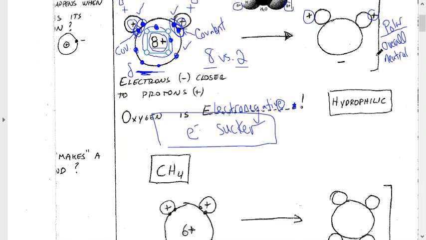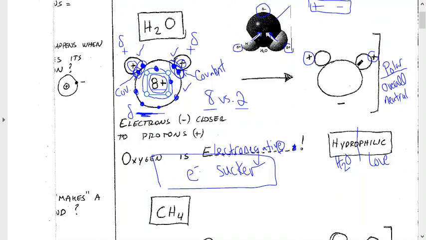One important property of being polar is that you are hydrophilic. So if we're going to split this word in half, hydro obviously is referring to water, and philic means to love. So if you are hydrophilic, that means you are attracted to water. And actually,